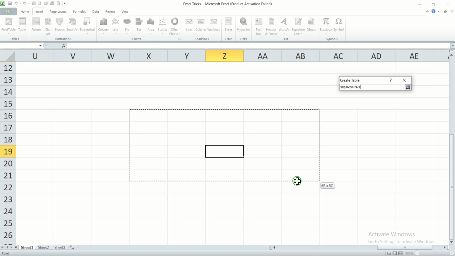1 2 3 4 5 6 7 1 2 3 4 5 6 7 8 9 rows. So if we have a table which consists of 5 columns and 9 rows, we will select 5 columns and 9 rows, and then